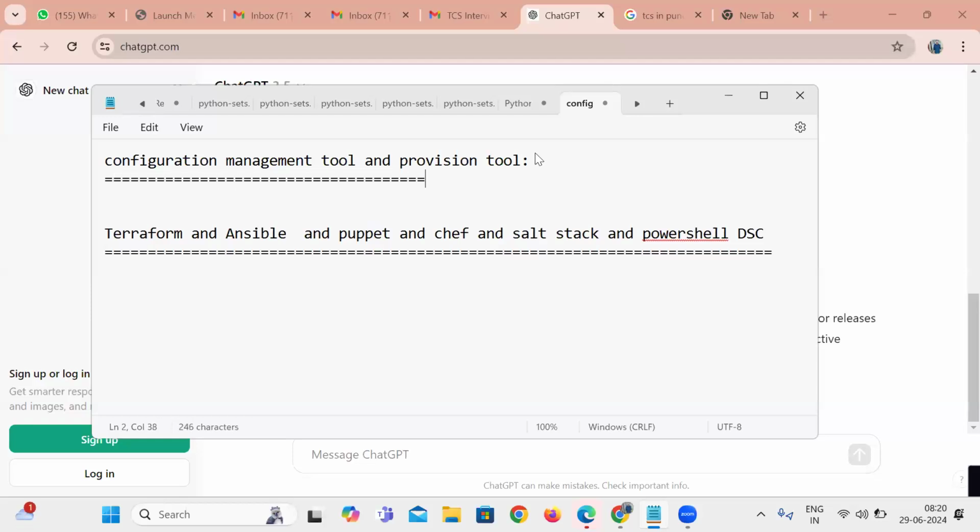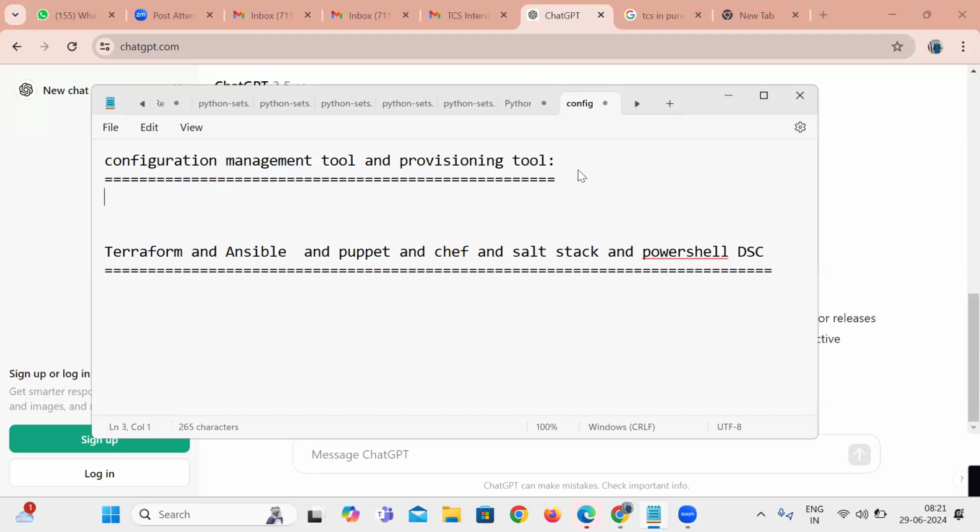What is the configuration management tool and again provisioning tool? Any idea for this one? So, I think configuration is like we are making changes in the existing system, but provisioning is like we are creating something from scratch. Okay. All right. Say configuration management tool is nothing but